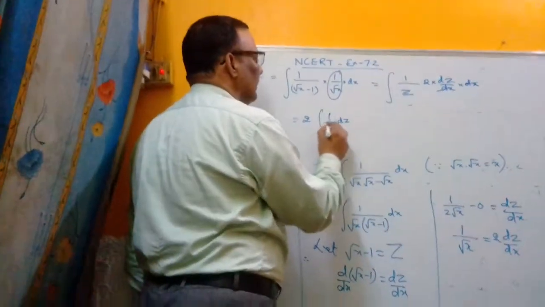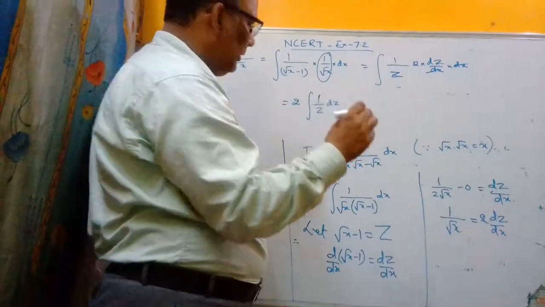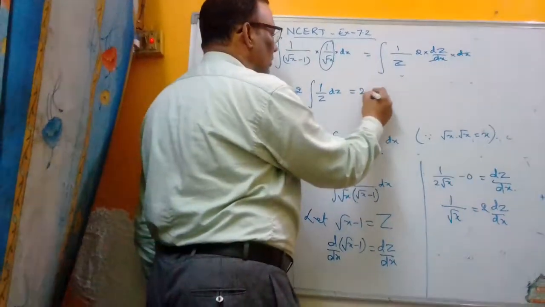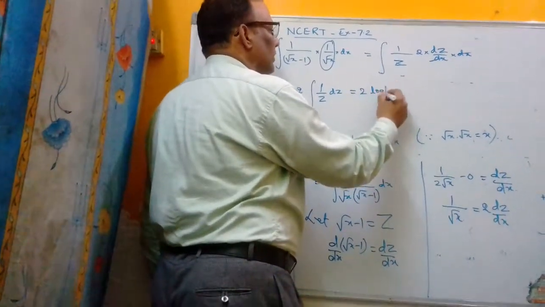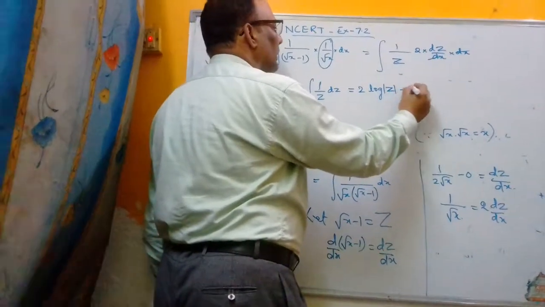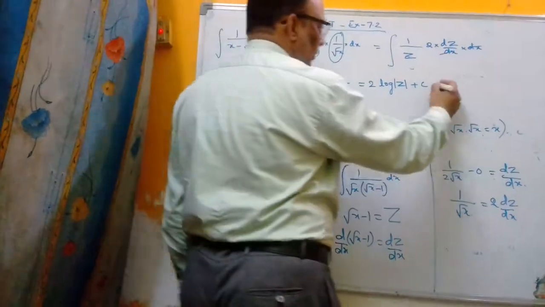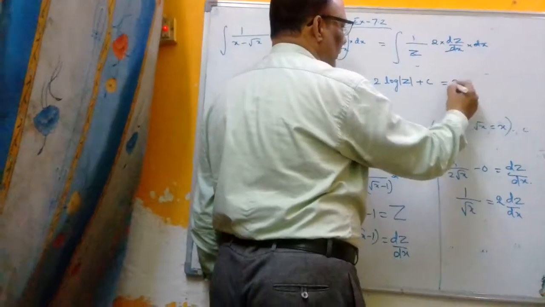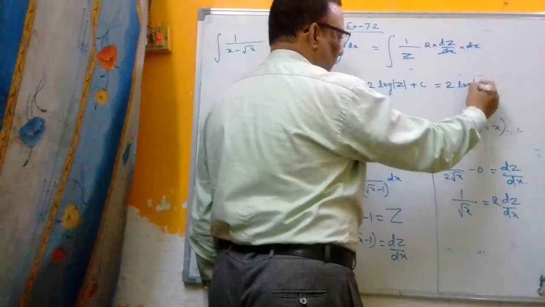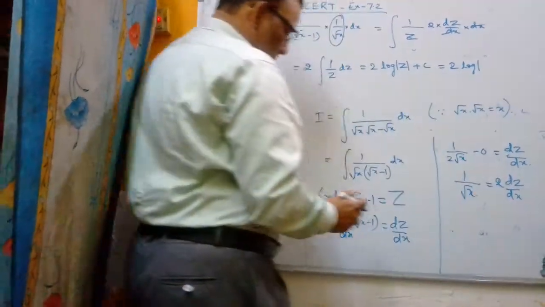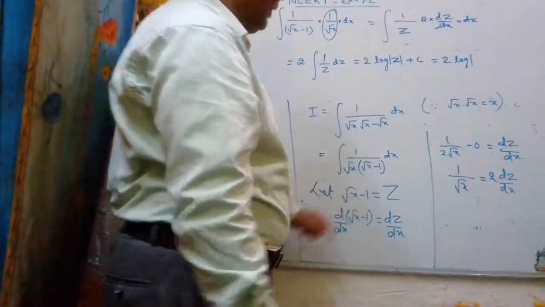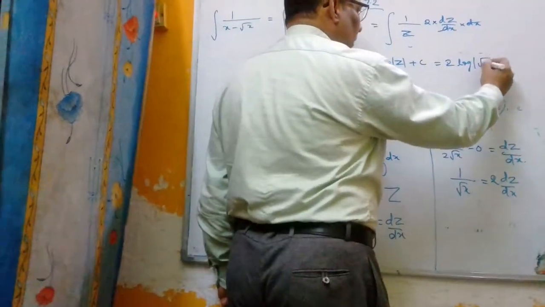So what is the integration of 1 by x dx? Log mod x, so log mod z plus c, constant of integration. Now put the value of z in terms of x. So what is the value of z? Z is equal to root x minus 1. This is root x minus 1